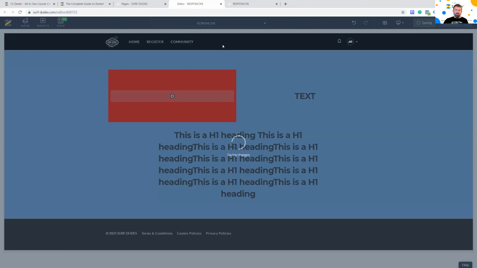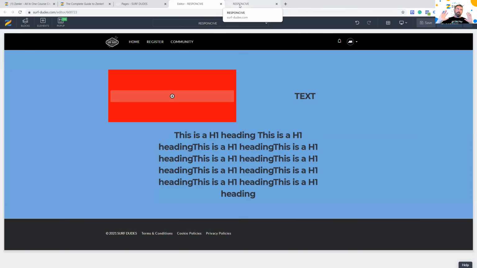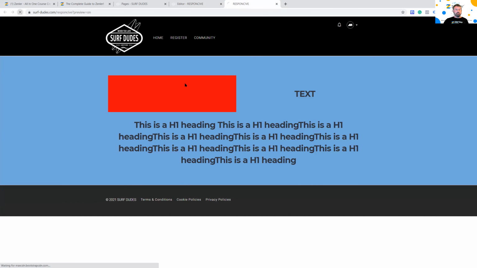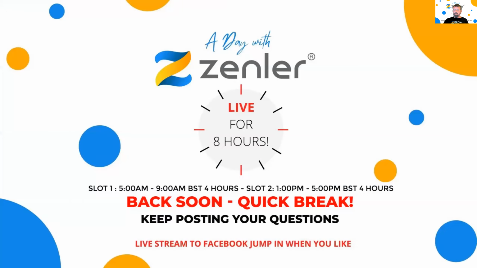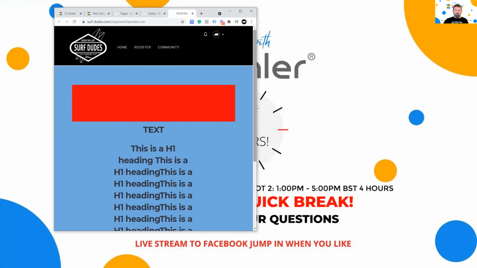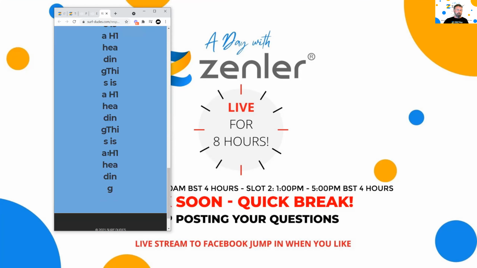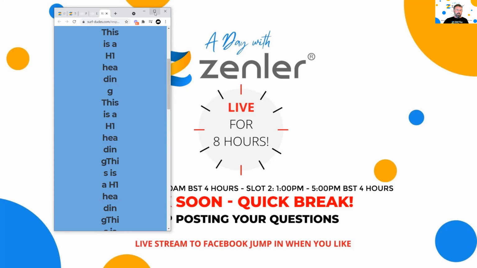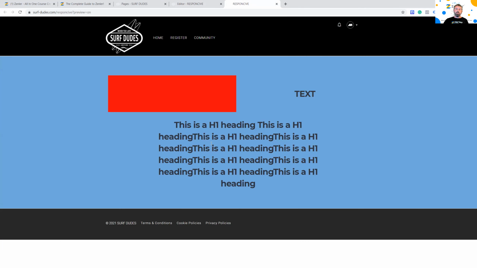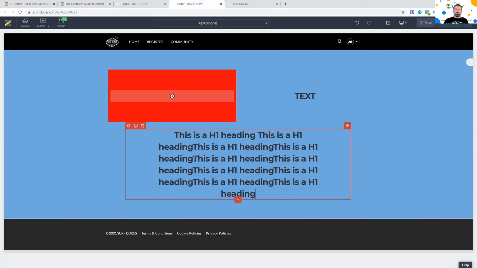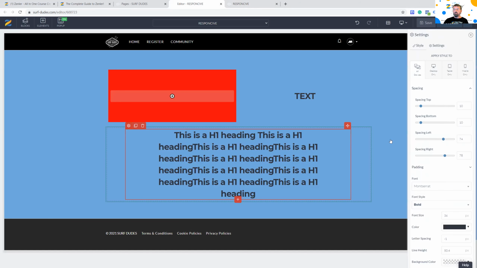But, and this is the big one, because you've whacked it in so much with padding and spacing, you're not really seeing an accurate view of what's happening when you reduce it down. If I refresh this screen now, it looks good, but when I start to bring this in, you start to get really weird things happening like this. And this is, I would say, 90% of problems that people have with responsive issues, because they're pushing stuff in too much on the side.